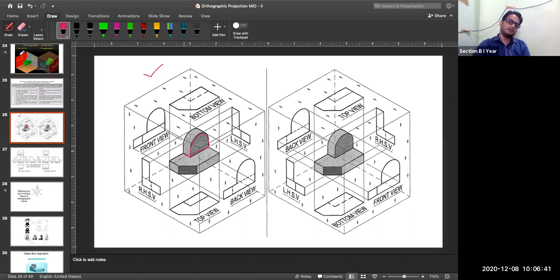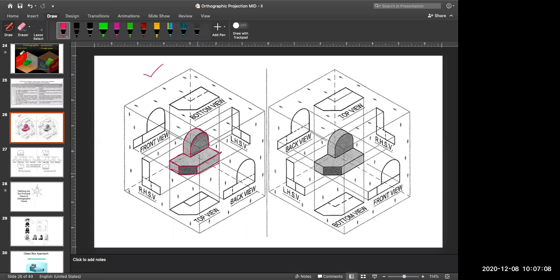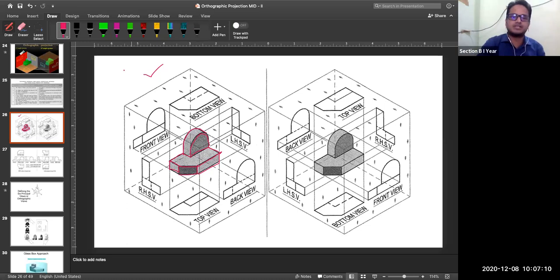This view, whatever you are able to see here, is your isometric view, which I'm highlighting with red color. So this is your object in your first quadrant.